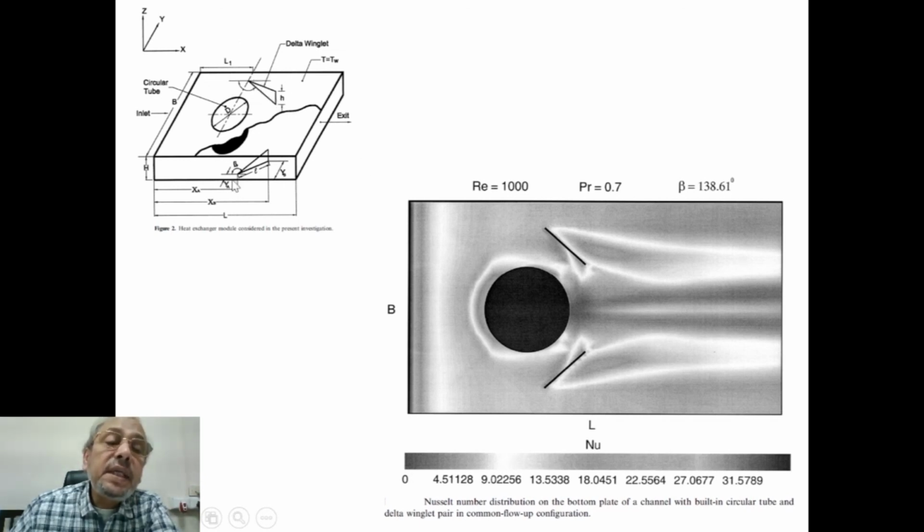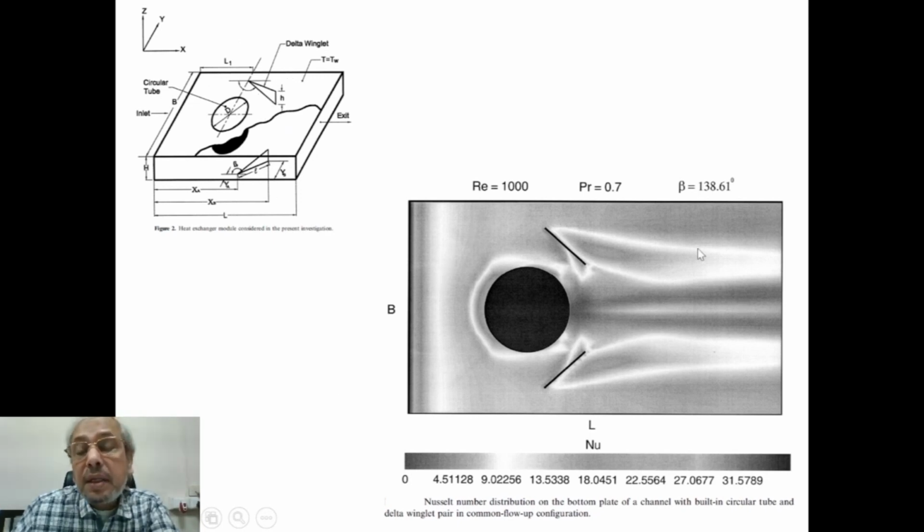And we can see a pair of delta winglets sitting behind. These delta winglets are also known as vortex generators. So these vortex generators generate vortices and enhance the heat transfer. Now here